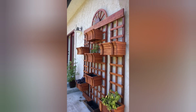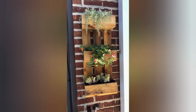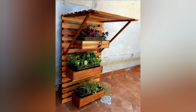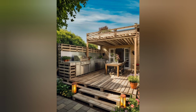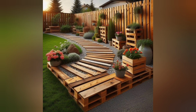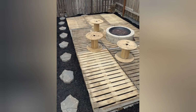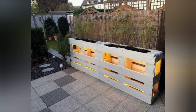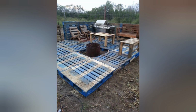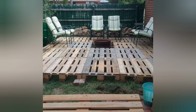Gardening furniture. Create rustic and functional gardening furniture from pallets such as benches, tables, or even lounges. Materials needed: pallets, sandpaper. Sand all pallets to enhance smoothness. Stack the pallets into the desired height for a table or seat. Join the pallets together using screws. Add cushions for comfort. Idea: convenient pallet and